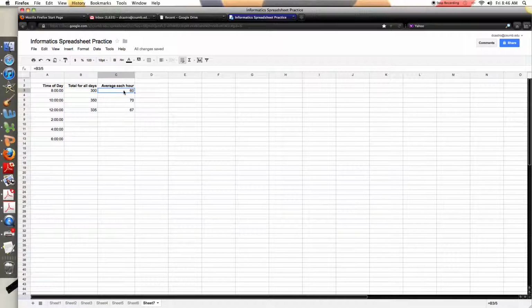And then here I have it as a formula, so B, all the totals that I have coming from the other sheets added up together, and then so B3, the cell, B3 divided by how many different days will give me an average of the temperature being 60 for an average of all those days at that hour, 8 o'clock. So those